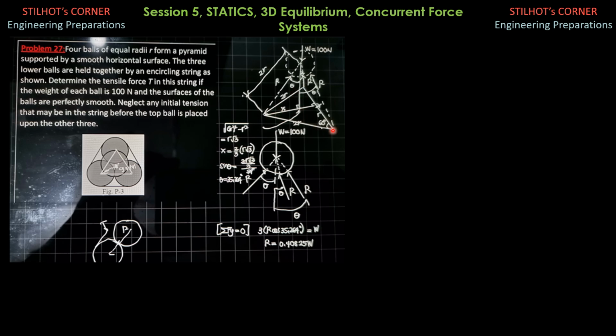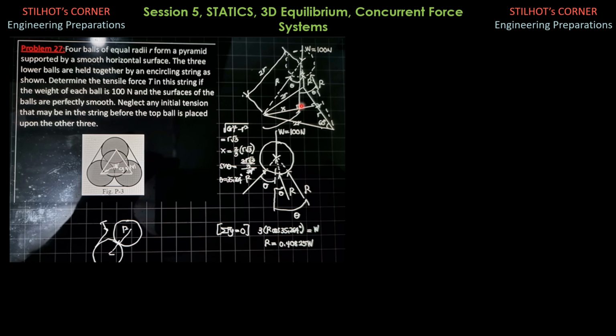Now, the height, the altitude of this equilateral triangle, is hypotenuse 2r sine 60. Sine 60 is square root of 3 over 2. So therefore, the height of the equilateral triangle is square root of 3 r. Or by Pythagoras theorem, square root of hypotenuse 2r square minus r square, because this is half of 2r. So it is also r square root of 3. Again, the other way is 2r sine of 60. It will give us the same value of r square root of 3.